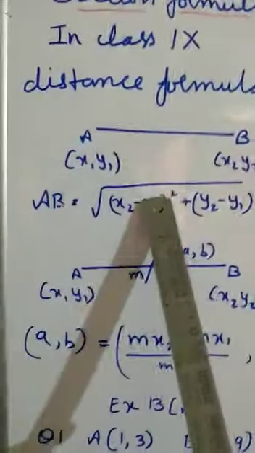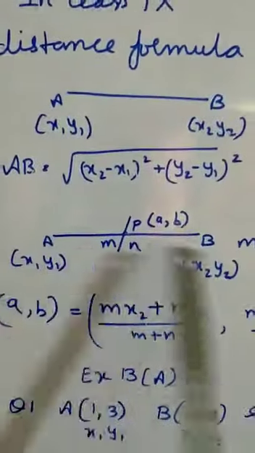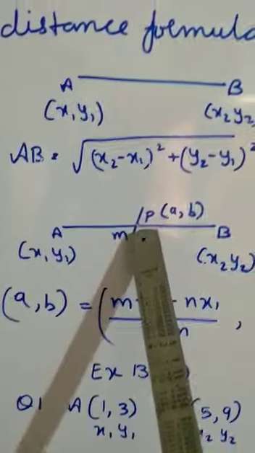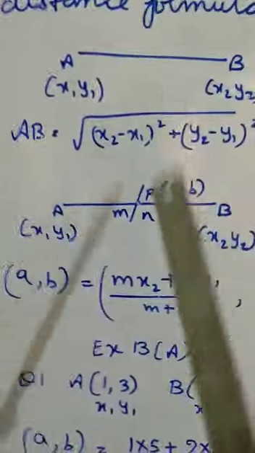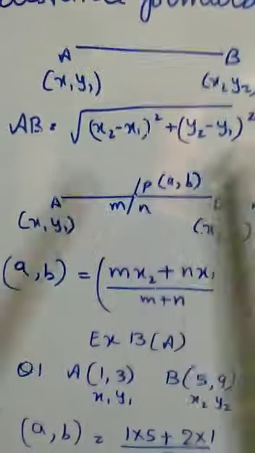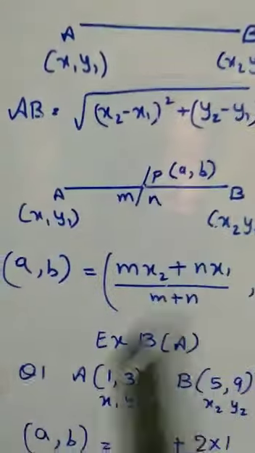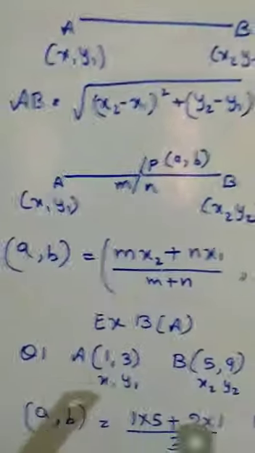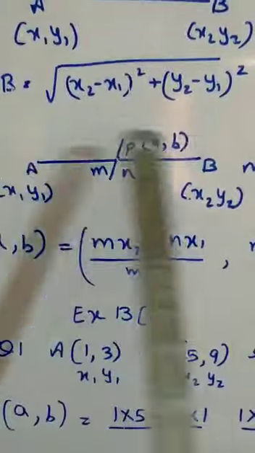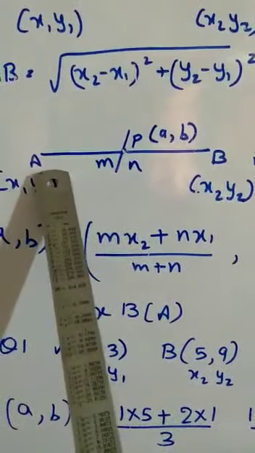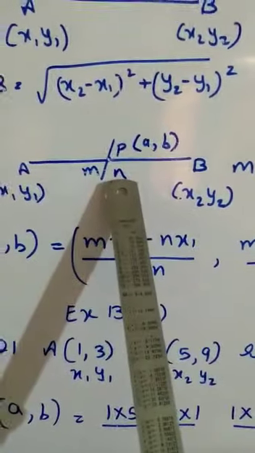Now in class 10 we are studying the section formula. That is, if the same line AB is cut at a certain point, that point can be cut by the coordinate axis, x-axis or y-axis, or even by any line. So for that point P, we can also find the coordinates if we know the ratio. That is, where has the point cut the line AB? It might be at some distance from A and some other distance from B. They are not at equal distance.